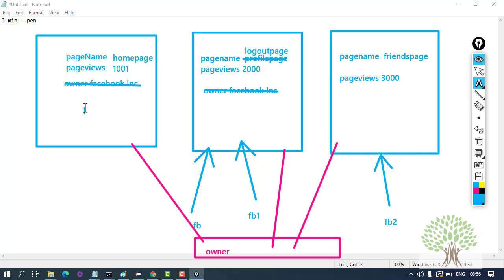Every object would have the print details function. But it depends. If FB is calling print details, it will access the variables inside the FB object. If FB2 is calling the print details function, then it will access the variables of FB2, like page name, page views and all.